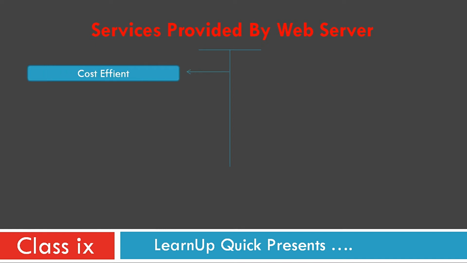First one is cost efficiency. A web server is the most cost efficient method to use, maintain, and upgrade. Second one is resource sharing. A web server has the capability to store unlimited information, such as Google Drive, cloud computing, etc. The space where the data can be stored is shared by other users at the same time, like a hard disk, and can be shared on a physical network such as a LAN.